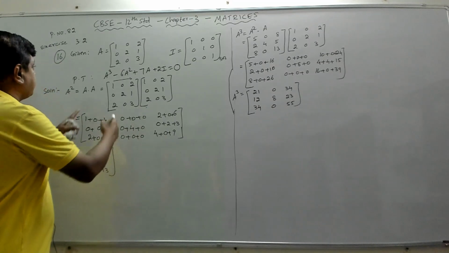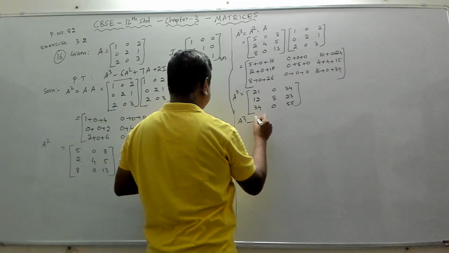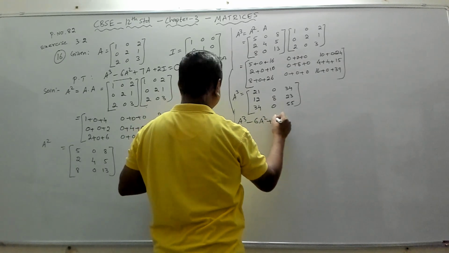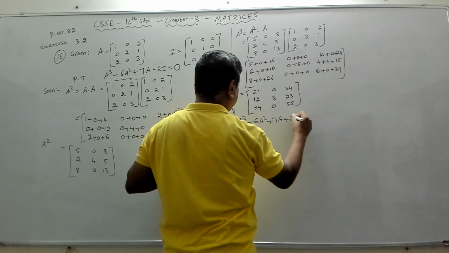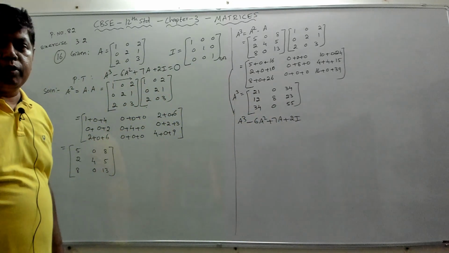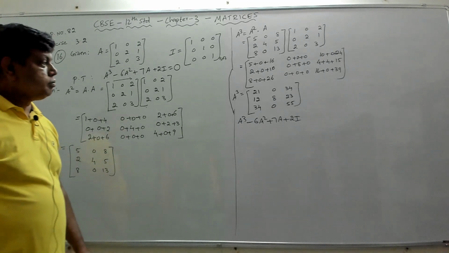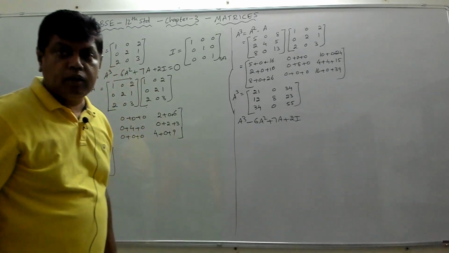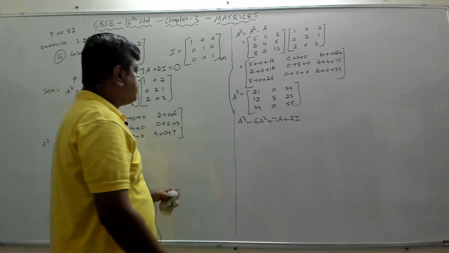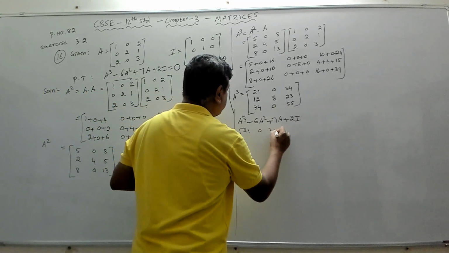Now we should find the value of this. So we have to show that it is equal: A cube minus 6A square plus 7A plus 2I. We have to find the value of this. We don't put it equal to 0. We have to prove that it is equal to 0, so we cannot put that it is equal to 0. Fine. So now what we have is A cube, we'll substitute here: A cube is 21, 0, 34,